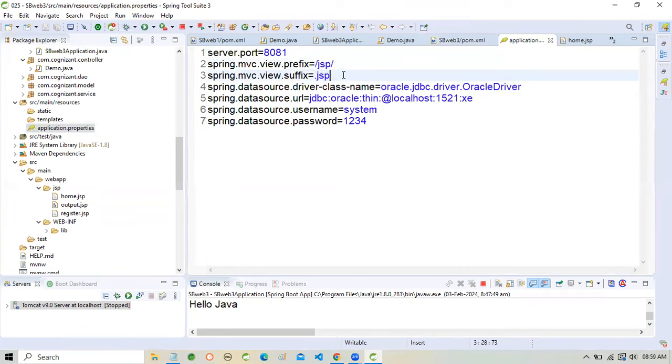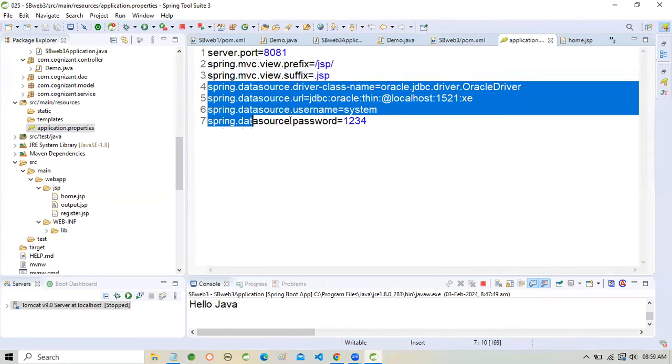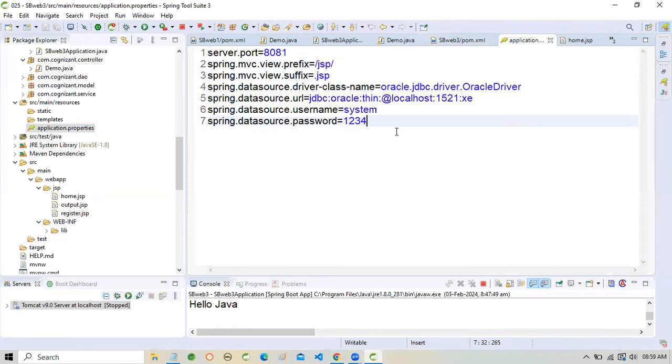So here we declare the extension, and this is the path of the JSP file, and this is the extension of the JSP page. If you want to work on a database, if you want to add a new record in the database, fetch a record, delete or update, or perform any operation in the database, then we must add all the configuration here in application.properties. Here I have added